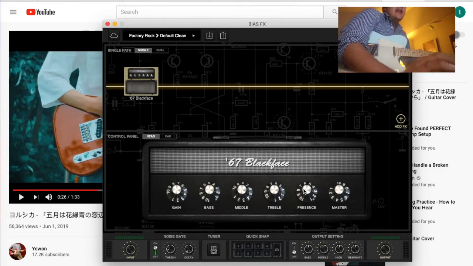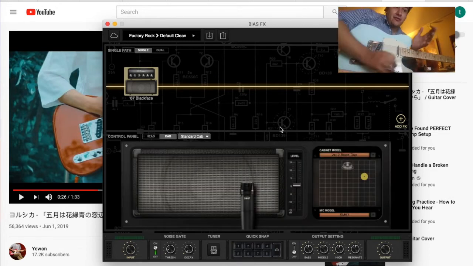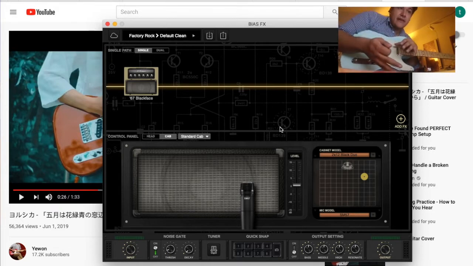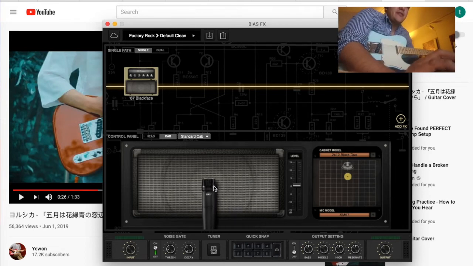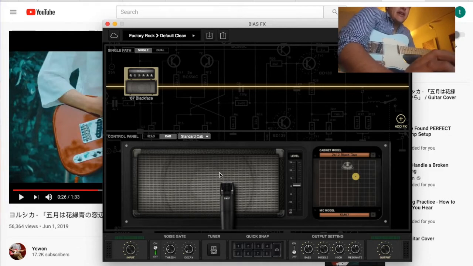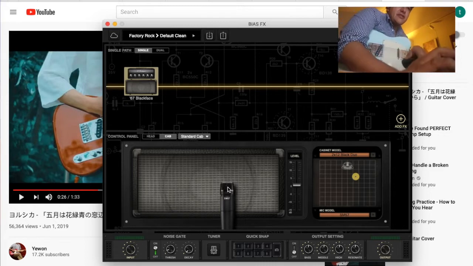And then we can go over here to cab, and if you go to cab, you have even more options where you can control what microphones you're using, where they're placed, what cabinets you're actually using. Let's just start with the microphone. I like to put it usually right here on the edge of the dust cap. And so this center part you can see here on the speaker, that's called the dust cap. And right on the edge of that is usually this kind of like Goldilocks region where if you put it